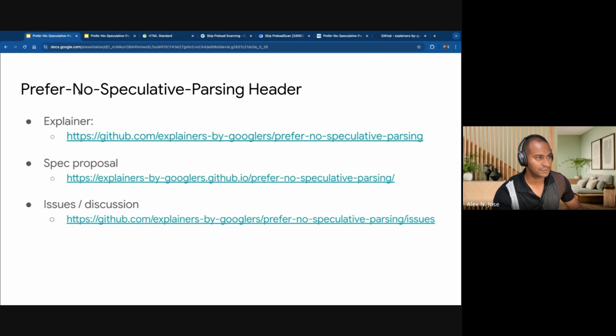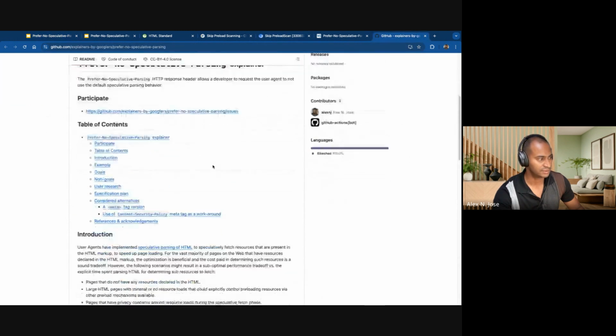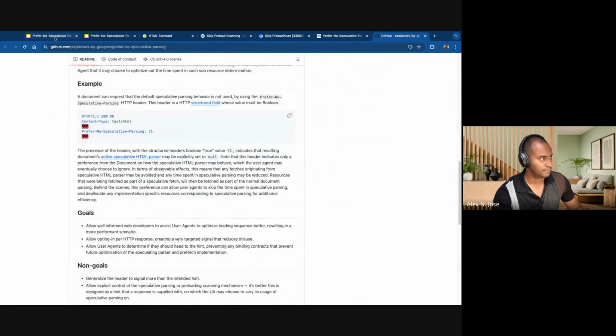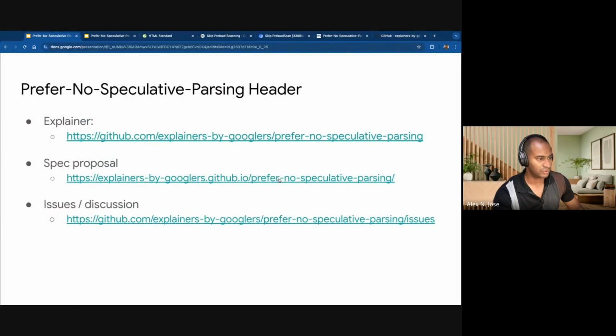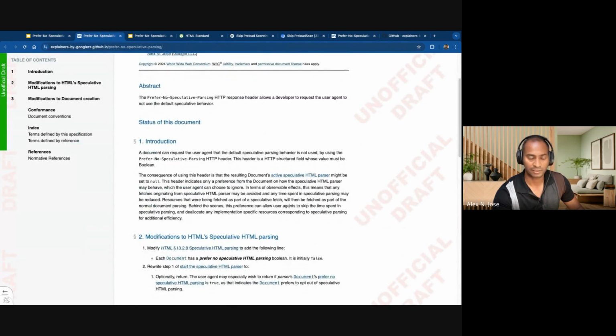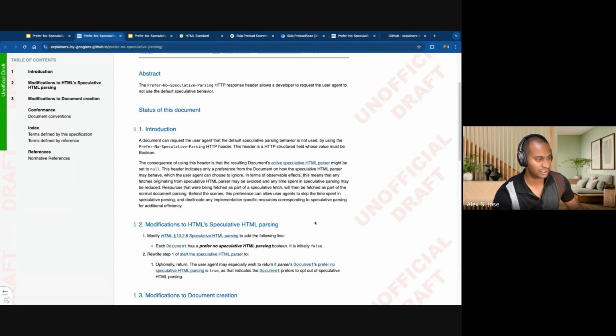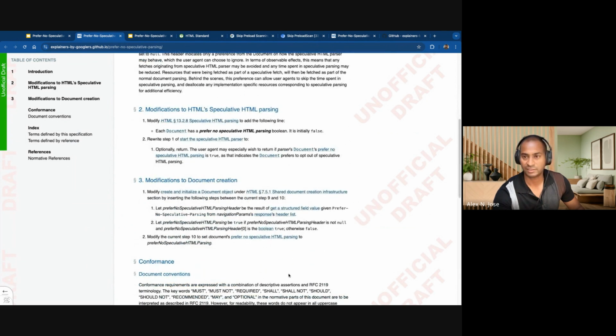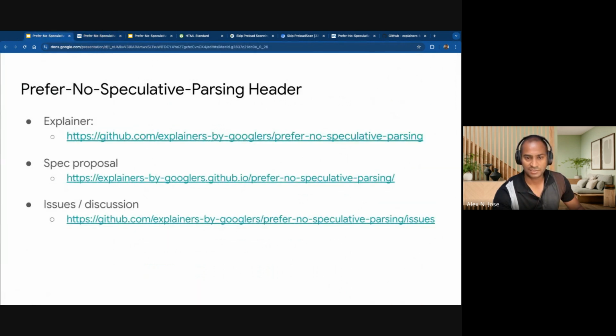I have an explainer linked out here that has more information. And also the spec proposal, which is a few patches on top of the HTML loading, HTML speculative parsing, as well as the document creation to do that. I think that's pretty much the